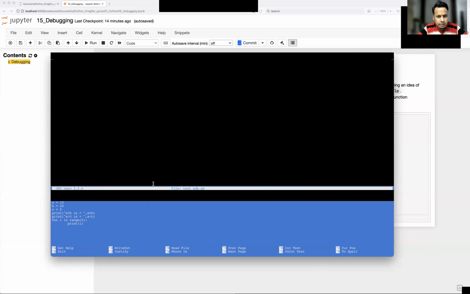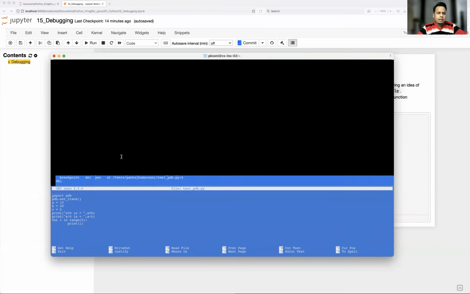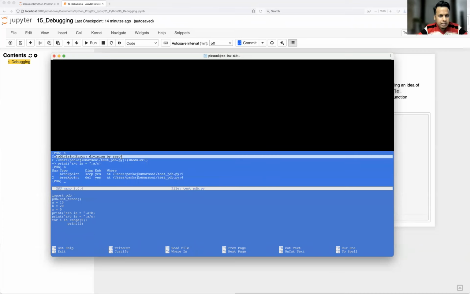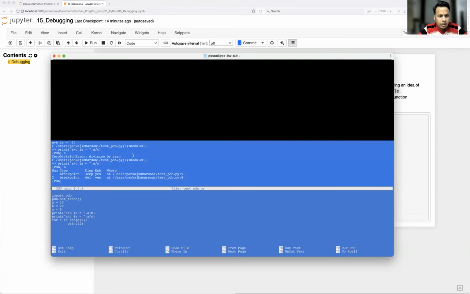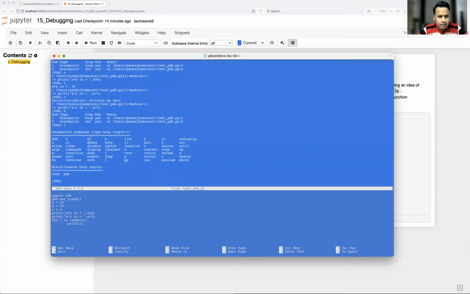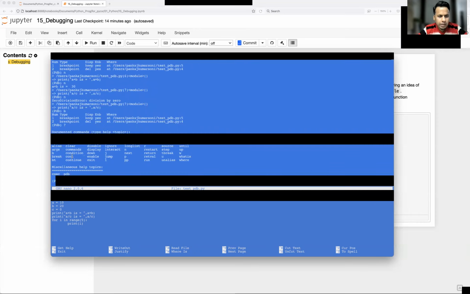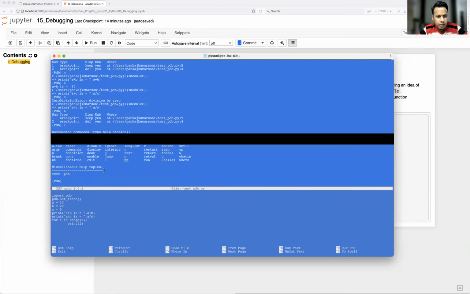Okay. So we have hit the error, that's why. Because this line exists, whatever is having A divided by C, that is a zero division error. That's why it is exiting from the debugger. Okay, so what other commands we have? You will see a short name, that is a single character, as well as the bigger name also. So whichever you want, you can execute. And how to exit from the debugger, using q or quit.